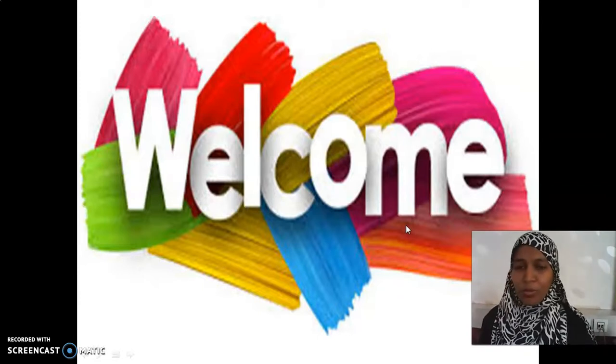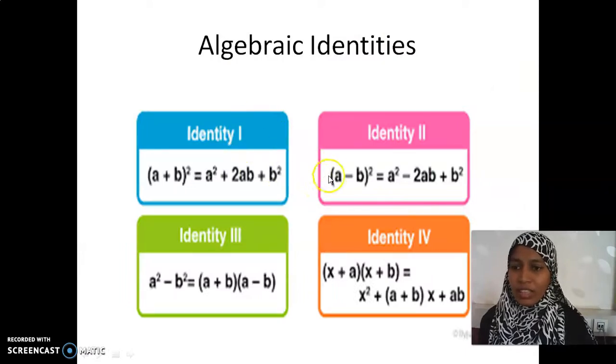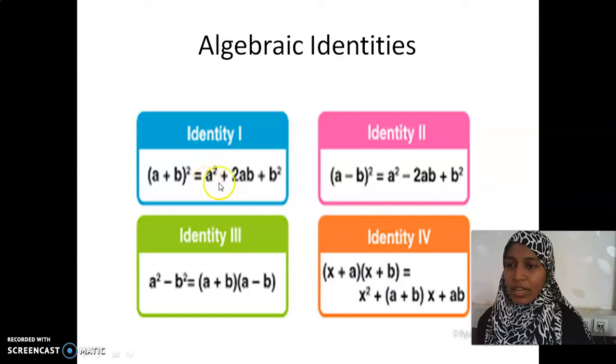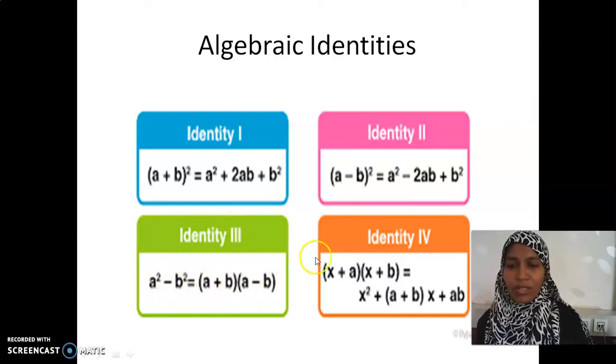I welcome you to Maths class and let's recall what we learned in the previous class now. All these three identities were discussed in the previous class. What are the three identities? (a plus b) the whole square is equal to a square plus 2ab plus b square. (a minus b) the whole square is equal to a squared minus 2ab plus b squared. a squared minus b squared is equal to (a plus b) into (a minus b).